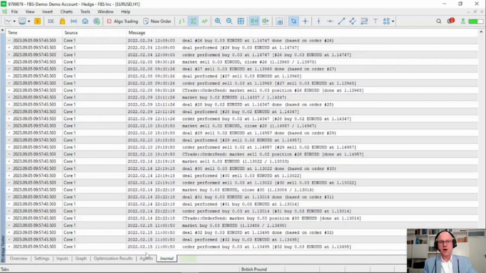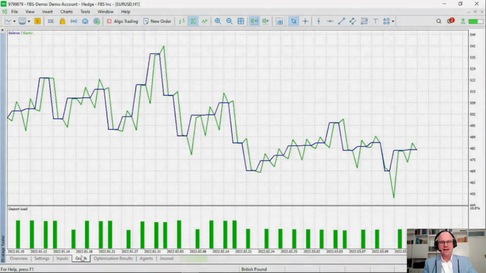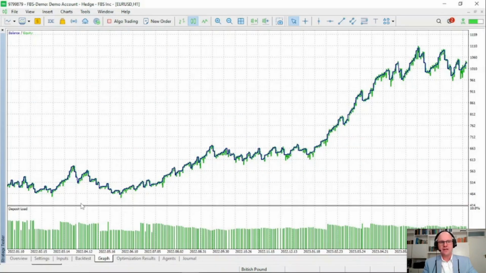You can check on the Journal tab while the test is running what the current lot size is according to the balance, and you'll see that it adjusts it automatically as the amount of our balance increases or decreases over time.